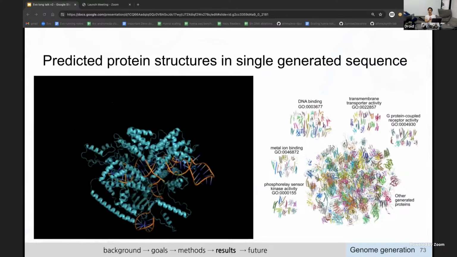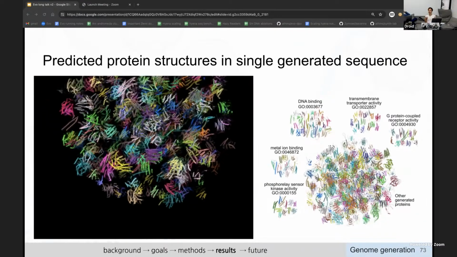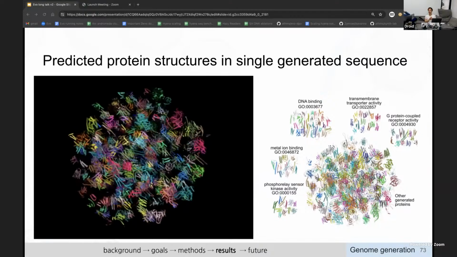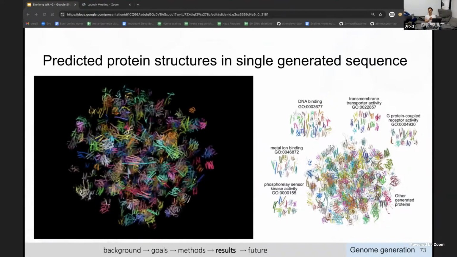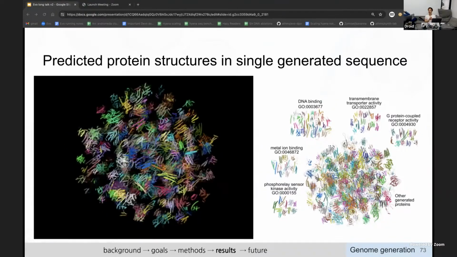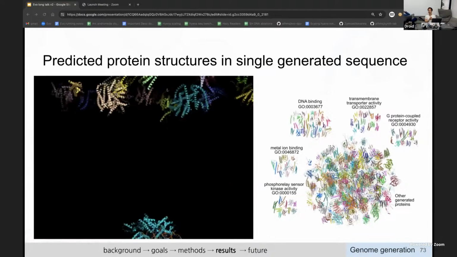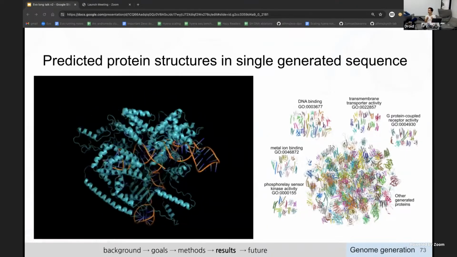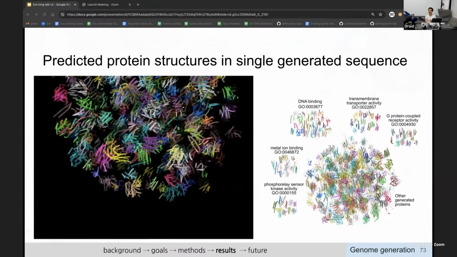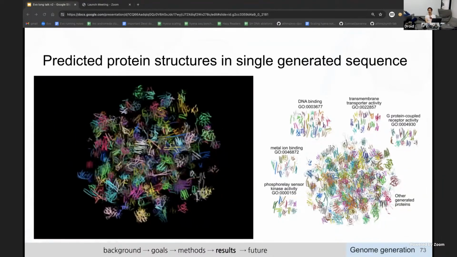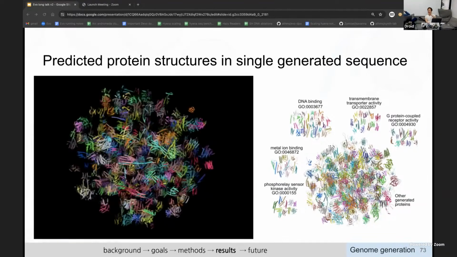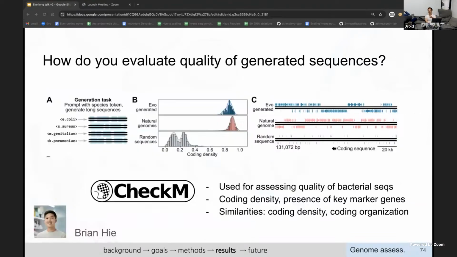One of the last things we do is try to generate a whole genome sequence, right? So this is one of the earlier research questions that we had. And so here what you're seeing is a single sequence that we generate at 650,000 tokens. So quite long. And we start to probe to see, how realistic are these sequences? How realistic are the proteins that they make? In this case, there are hundreds of synthetic proteins. We group them by function in terms of similarity to what's seen in nature.